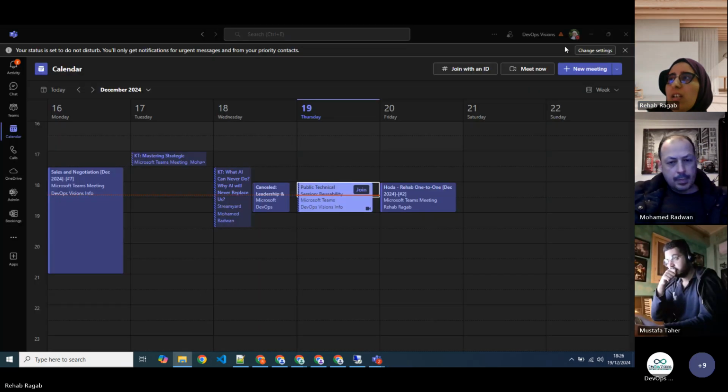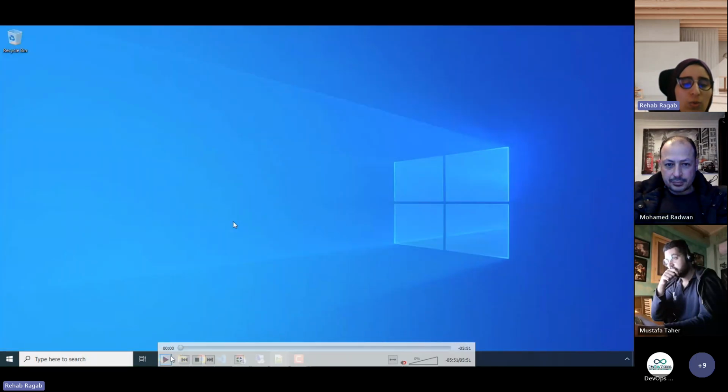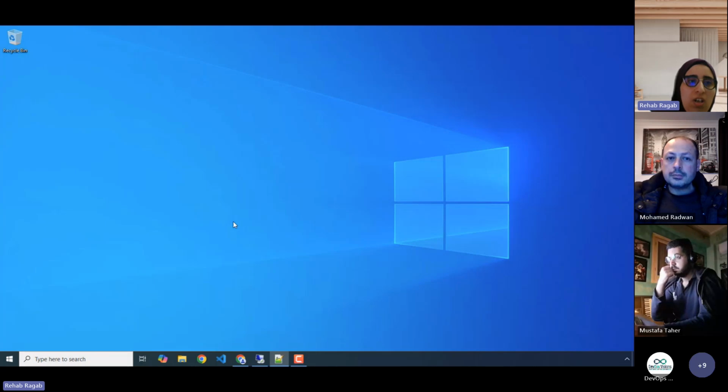The third scenario where you can apply the reusability mindset is projects in GitHub. Imagine again you would like to create multiple projects, and all these projects should have the same customization.